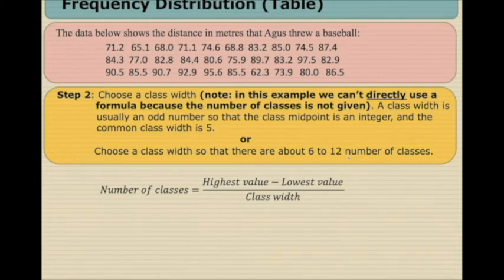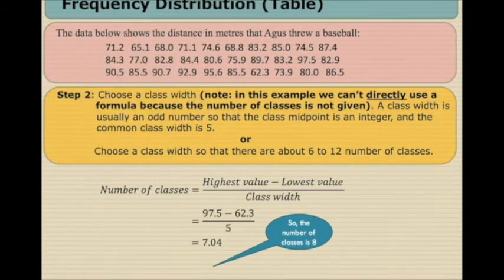Let's try with 5. Class width equal to 5. We know the highest value from the data, which is 97.5. We know the lowest value, which is 62.3. Divide this by 5, that gives us 7.04. And